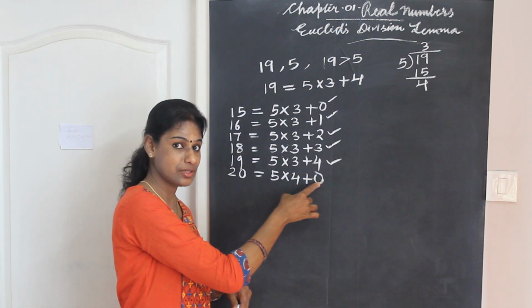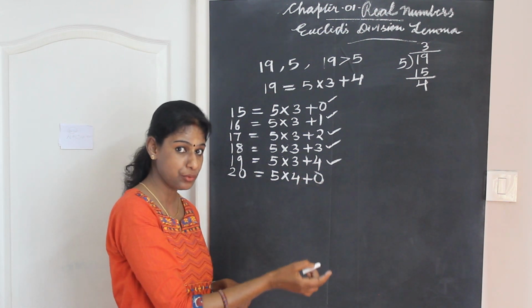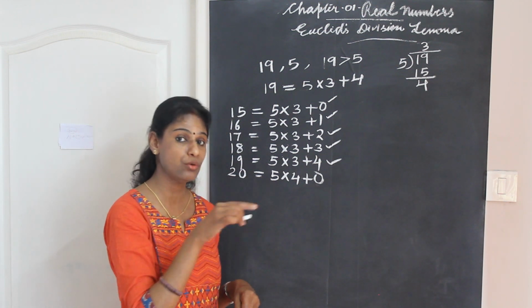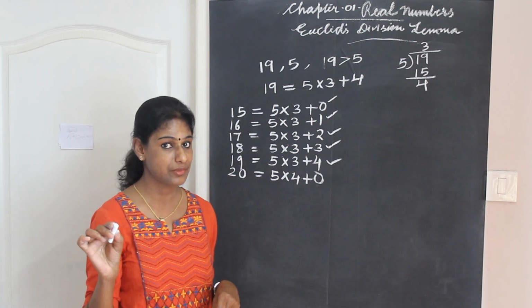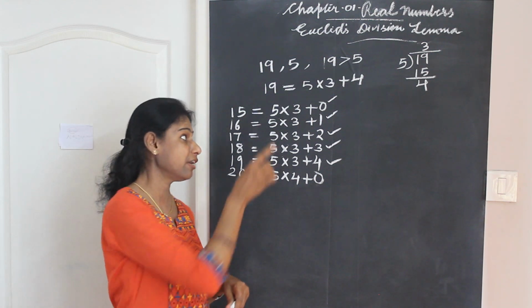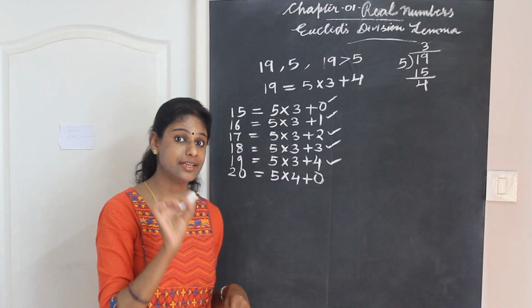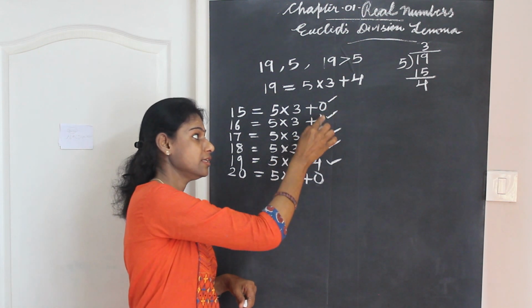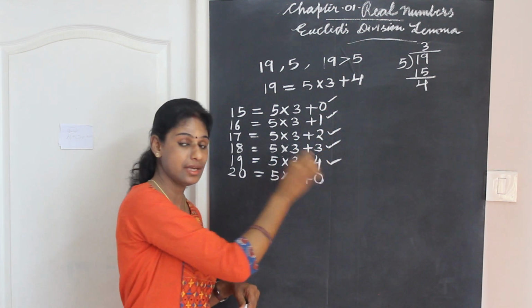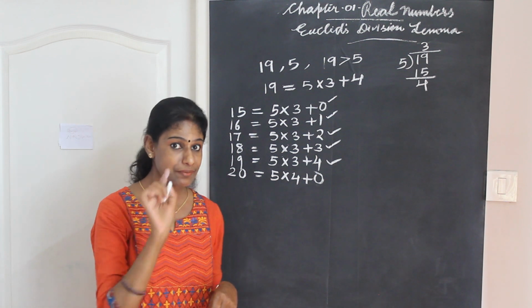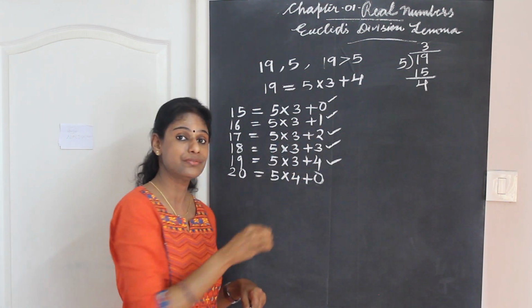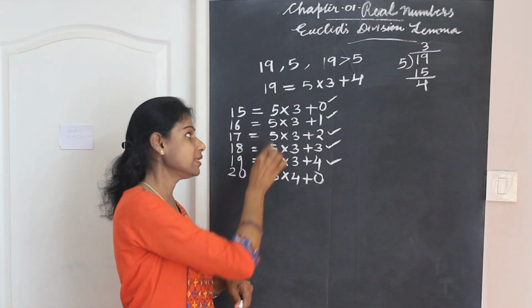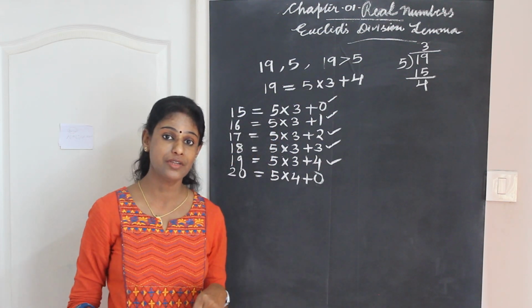Again 0 comes, next will be 1, 2, 3, 4, again 0, 1, 2, 3, 4, etc. So if we divide by 5, or if we take the divisor as 5, the possible remainders are 0, 1, 2, 3 and 4. That is why we said the value of the remainder depends upon the value of the